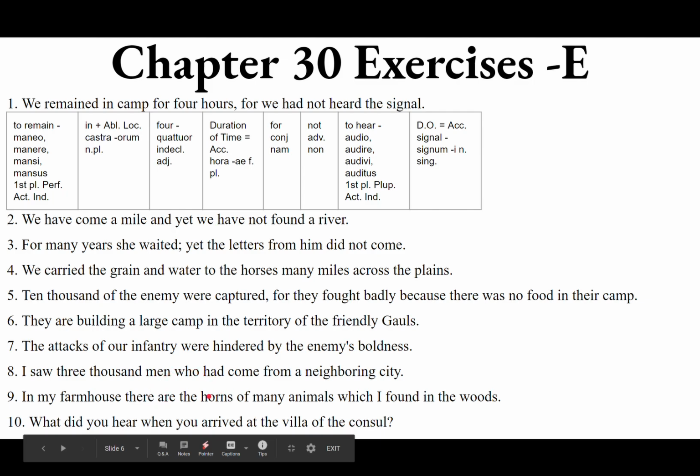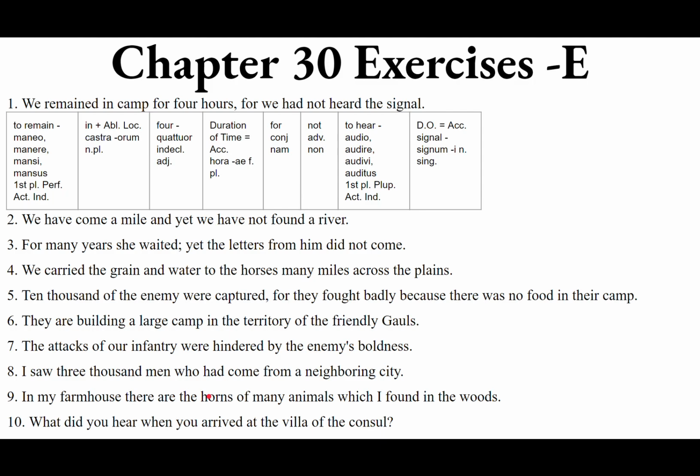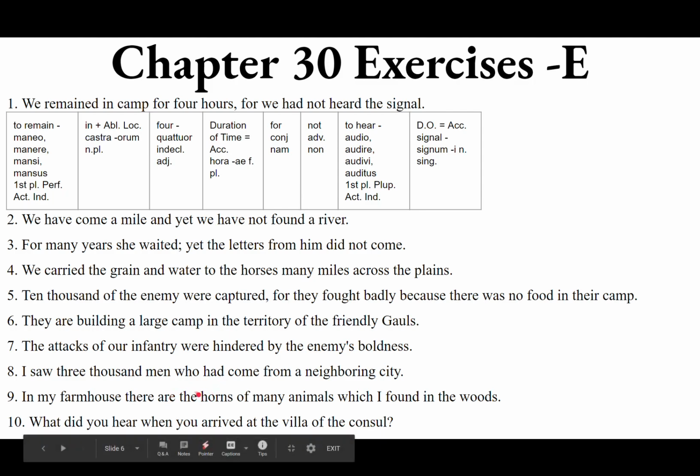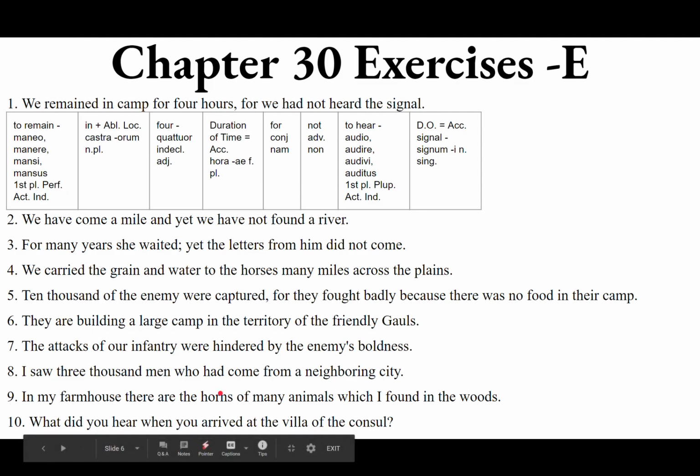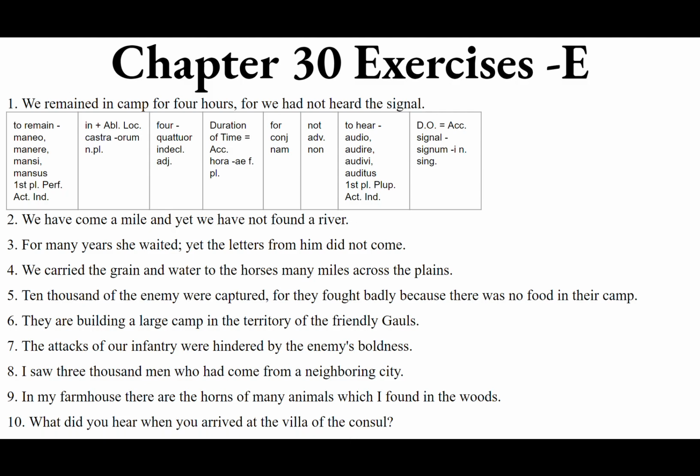Because if you ask, what are there? The answer is the horns. The horns are there. The subject of the verb are the horns. Horns, cornu, cornus, neuter. Remember, it's that fourth declension neuter. So horns, we want the nominative plural neuter cornua. Cornua, sunt cornua, there are horns. Where are they? In mea villa. Sunt in mea villa cornua,